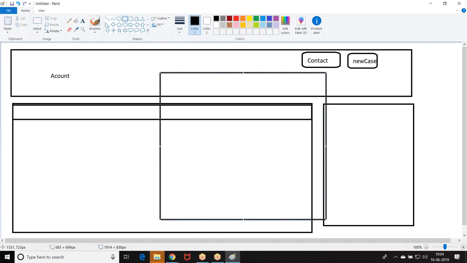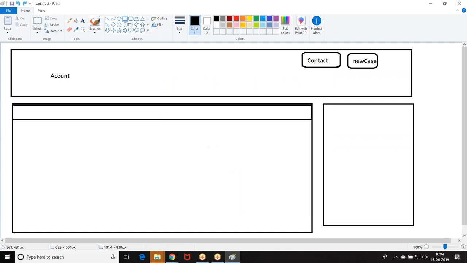When I say new case, then what should happen? A pop-up box should come like this, where the creation of the contact should happen. So, how do we open this pop-up box? Now, this is the general story. Whichever account you selected, the corresponding contacts are coming. Whichever distributor you selected, the corresponding ones. Or else we may go with the search operation, product family,